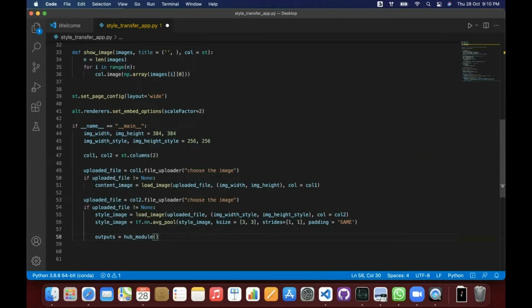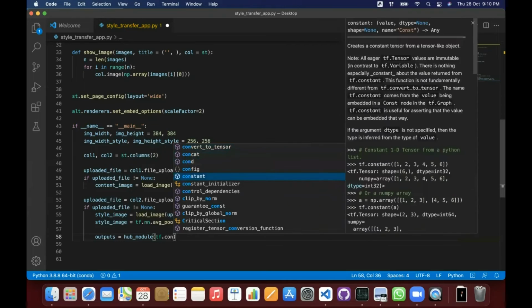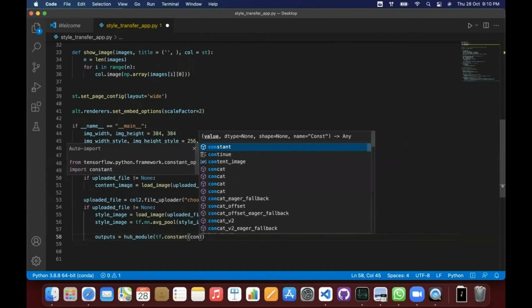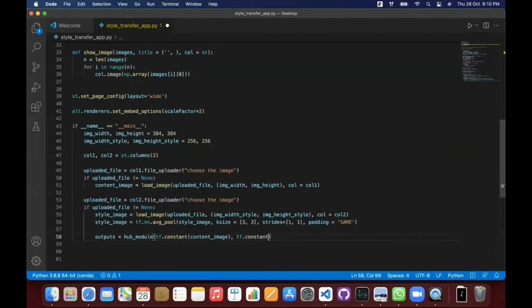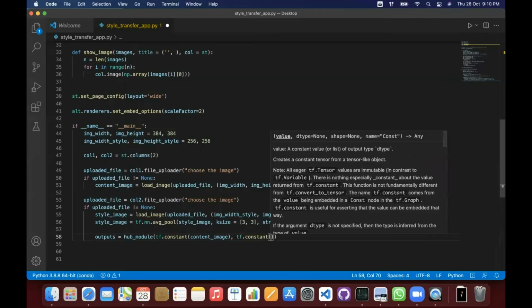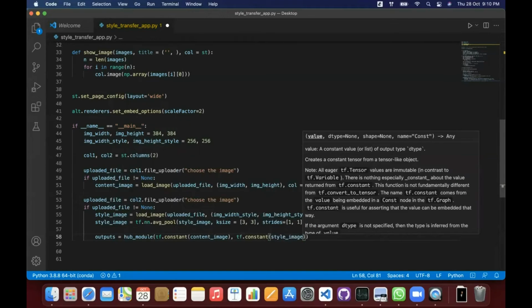So I'll write tf.constant there and pass my content image, comma, tf.constant, and I'll again pass my style image here. What else do we need? I guess nothing, we're good.